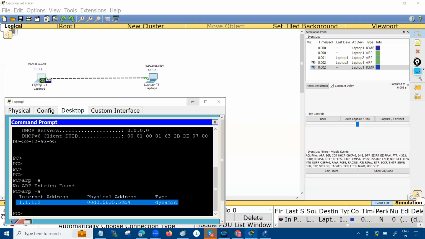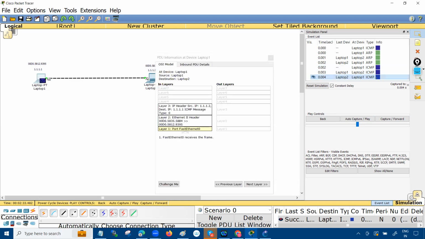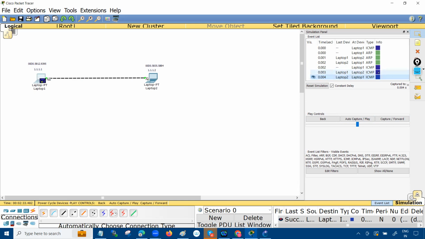And now I'm sending the ICMP request packet, and now PC2 will give the ICMP reply packet. If you open this reply, you can see that. How can you identify which one is the reply and which one is the request? So you can see that